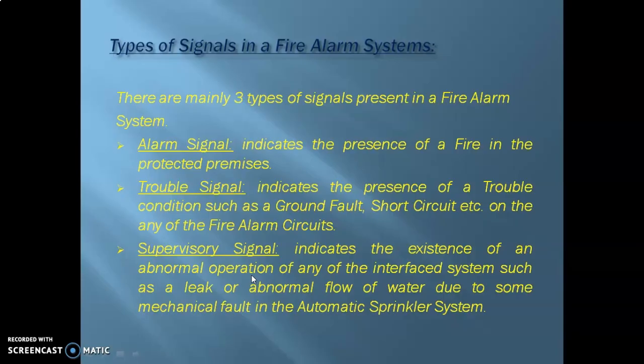Anytime any of these situations exist, since these interconnected systems are being monitored via monitor modules, then through the programming of the fire alarm control panel, we can monitor these signals, and a signal will be sent to the fire alarm control panel, and just like the trouble signal, an LED will turn on along with a beep or a buzzer that will indicate that there is an existing supervisory signal or supervisory condition within any of the interface systems.